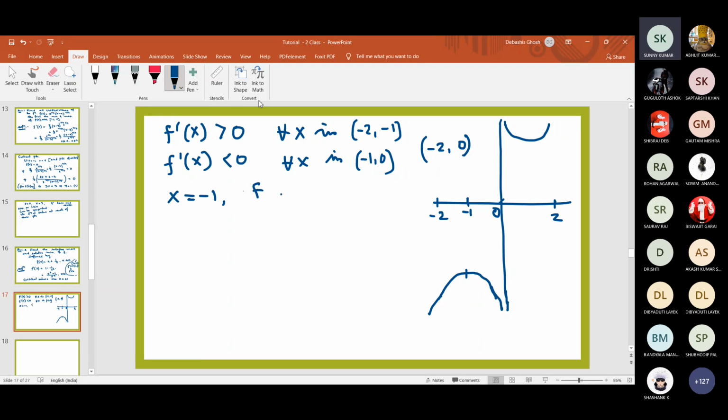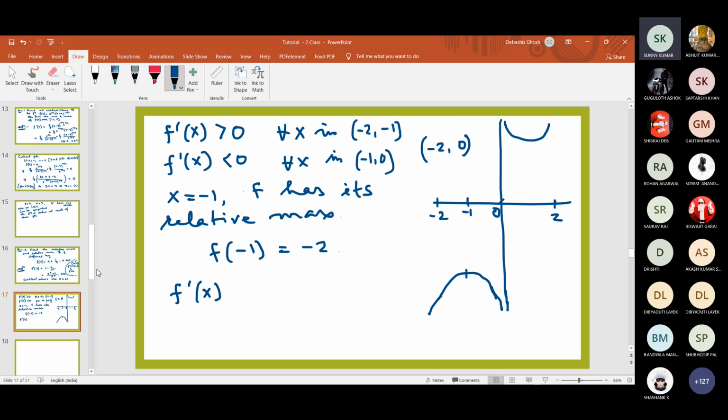F has its relative maximum, and that is your f of -1 that you can compute very easily, which is -1 and -1, that is -2. Similarly, if you consider from 0 to 2, so f dash x is negative